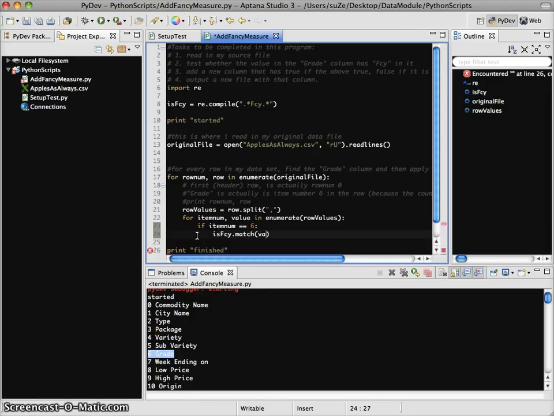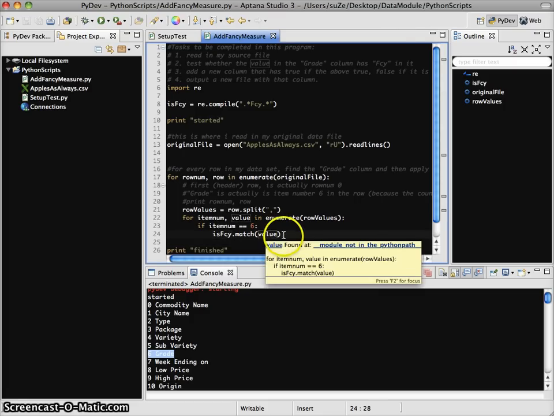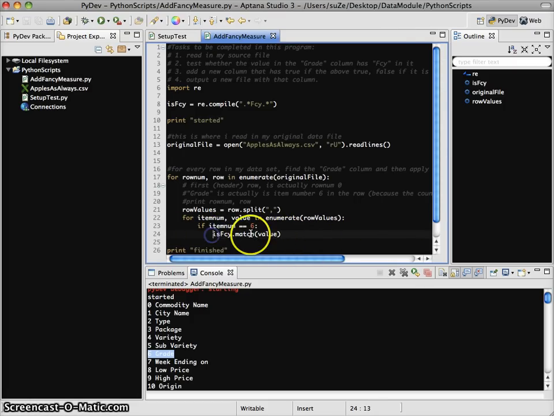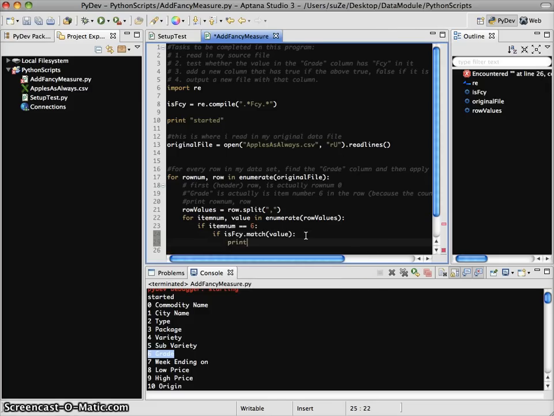match value. Okay, so this is actually a very similar syntax to what we saw in Google Refine, except sort of reversed, because our regular expression is coming first and our value is going in the parentheses, but again, you can see a very similar structure. So what I want to say is if it's 6, then I want to say if is fancy matches value. In other words, if my value has fancy in it, then I want to say print true, I'm going to put true as a string, else